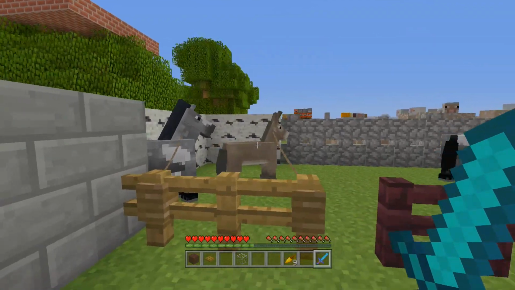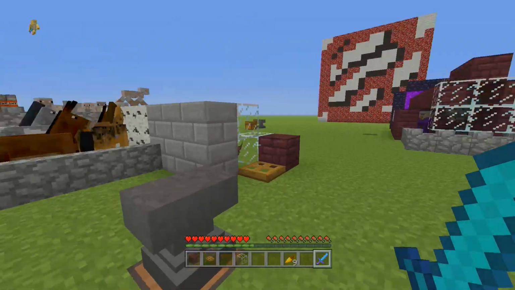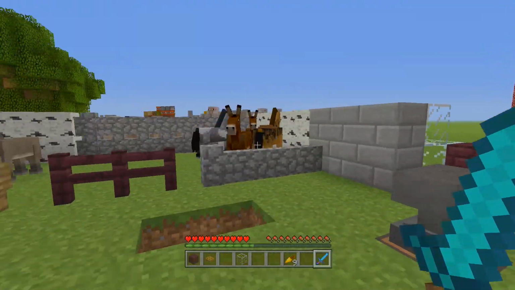And that is going to be all of the new mobs that came with the latest update. So the horse, the donkey, the mule, the bat, the wither skeleton, and the witch. We're excluding the wither because it will kill the other six. I'm going to be showing you all six of these new mobs, but with each of the new texture packs,